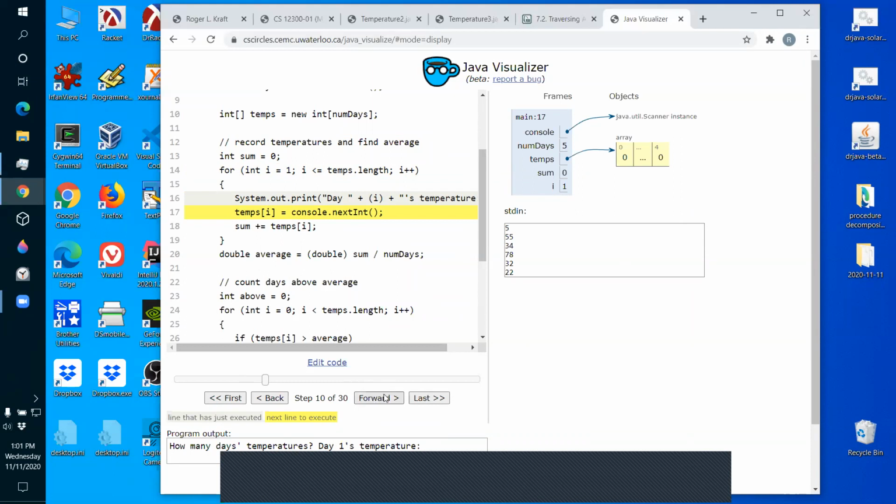Yes, so what's wrong with that? See? It stored it at 1 instead of 0. Because when it gets to the 5th day, it'll try to store it in 5, and there isn't a 5. So now we're trying to traverse the array from 1, 2, 3, 4, 5, and there is no 5 over here. So we don't write array loops like this, even though we were writing a lot of loops like that. Day 1 to day 5, we would think, okay, i equals 1, i less than or equal to 5. Now how can I fix this?